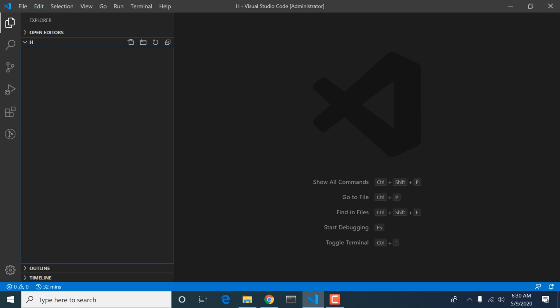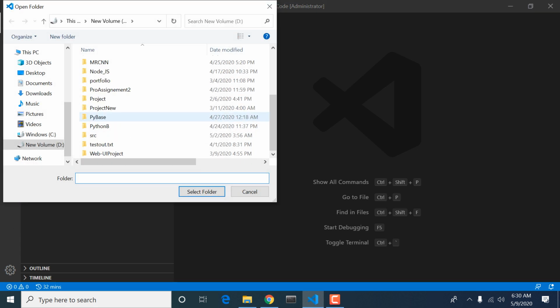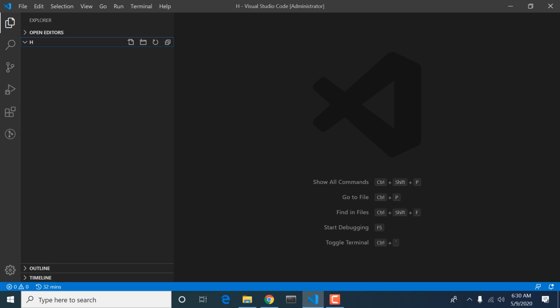First of all, you can make a folder in any of your directories, like in your local drive C, and make a folder called H. After that, open this folder and create a file named index.html.